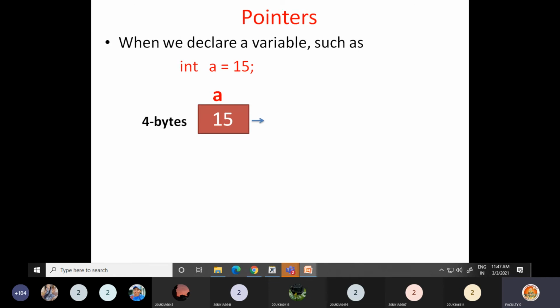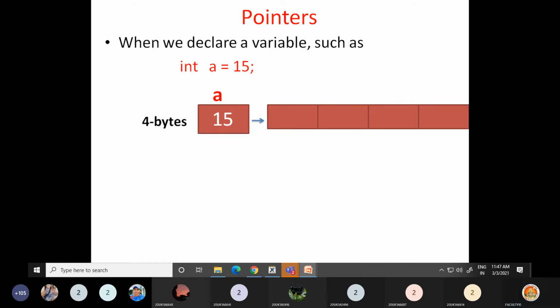For a, memory is allocated, and that memory location is given the name a. We said that for a, 4 bytes of memory is allocated, but we are drawing only one box here. So this single box is nothing but 4 bytes. If you expand this, the 4 bytes will be like this: 1, 2, 3, 4. These 4 bytes I am just showing in the form of a single box. Every time, drawing these 4 bytes is difficult, so that's why we directly say that this is 4 bytes of data.